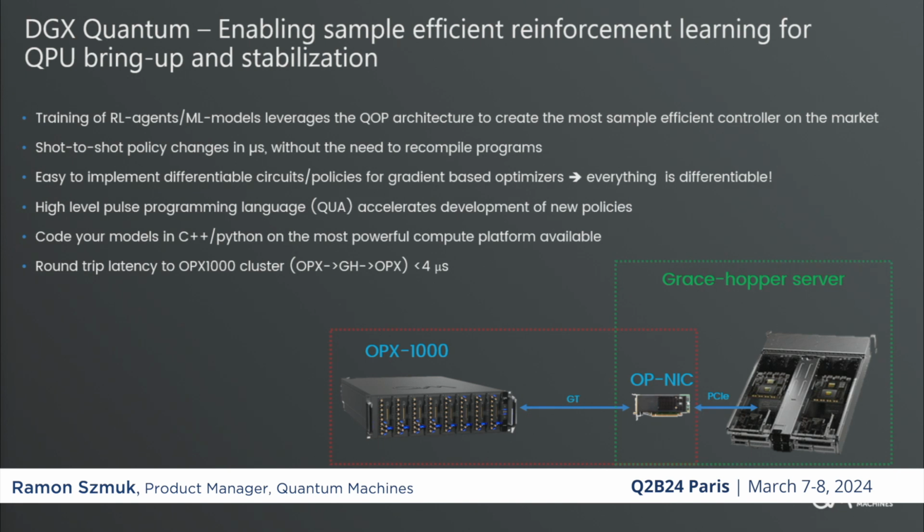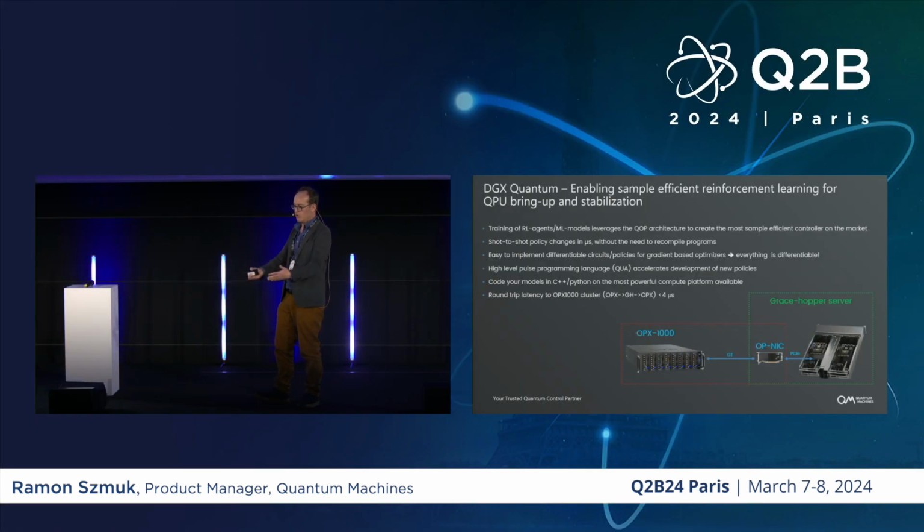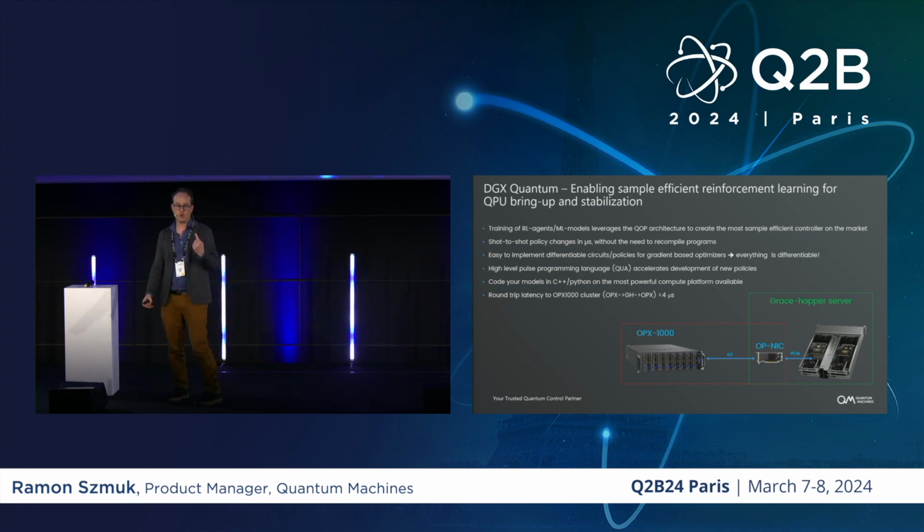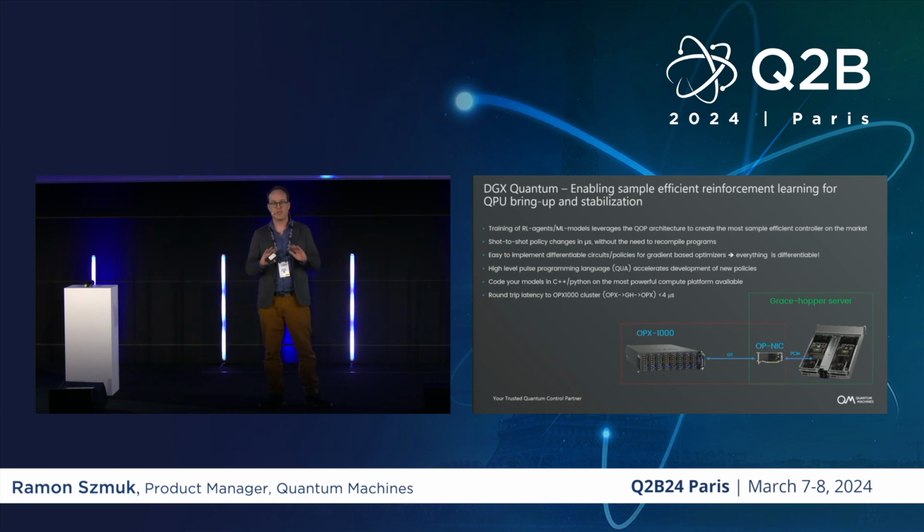And this is a large objective of Quantum Machines, and that is to make QUA and our controller and the programs that you write for our controllers differentiable. So every parameter now, what does that mean? That every parameter, every waveform, every integration weight, every wait time, every parameter of your circuit can now be changed after compilation. So you compile a program, you put it on the FPGA, it runs and executes, and shot to shot, within microseconds, you can now update these waveforms, the parameters, the angles, the amplitudes, and everything is synthesized on the fly based on the new parameters.